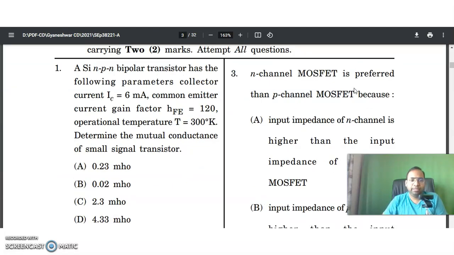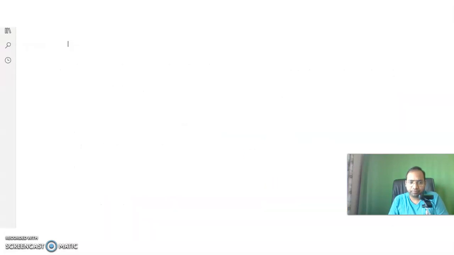a silicon PNP bipolar transistor has the following parameters. The collector current is given, the common emitter current gain factor, that is hFE or beta, is given as 120, and the operational temperature T is equal to 300 degrees Kelvin. Determine the mutual conductance of the small signal transistor. Basically, the conductance of the transistor can be taken as